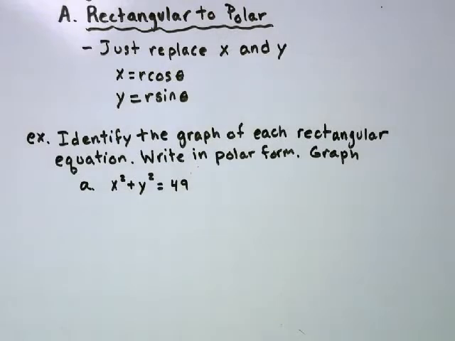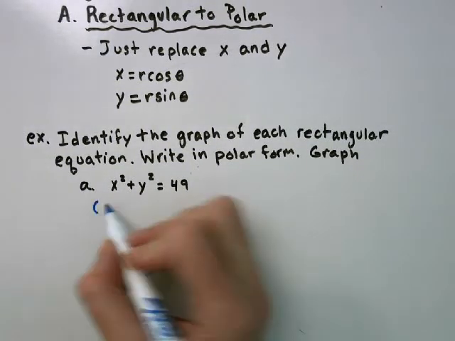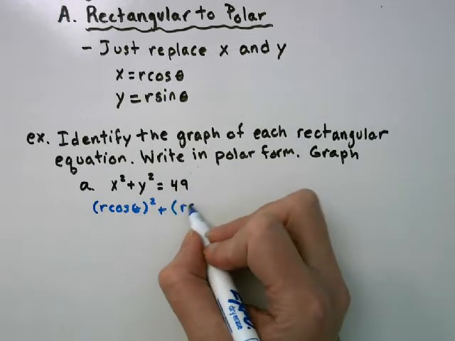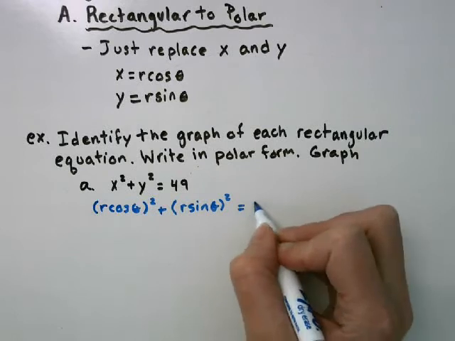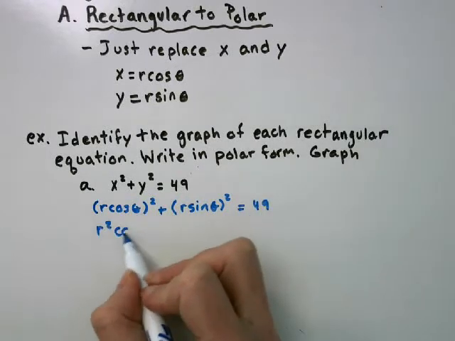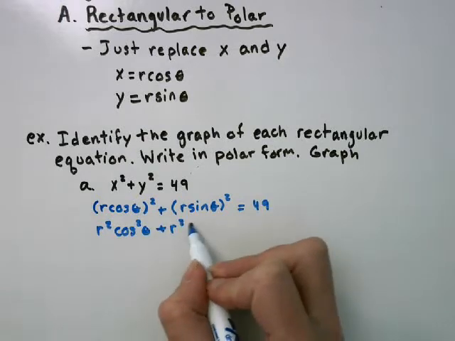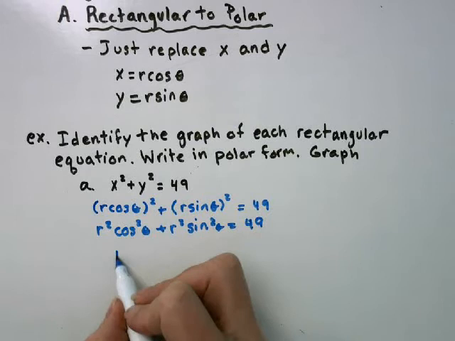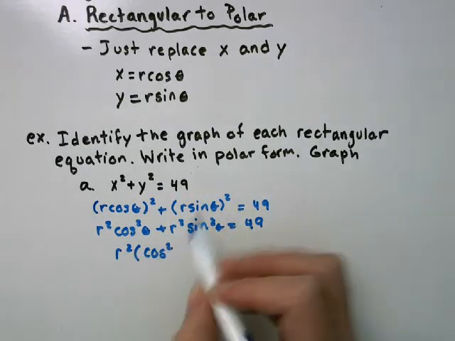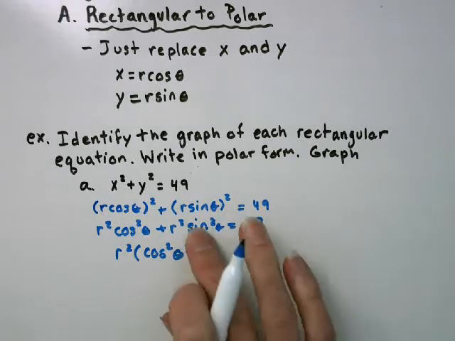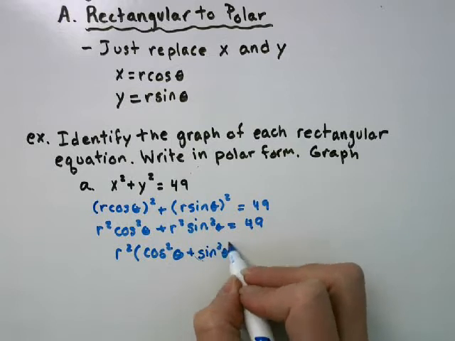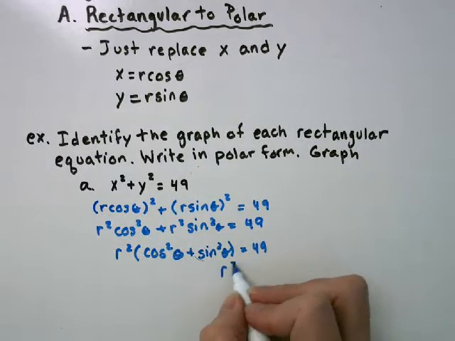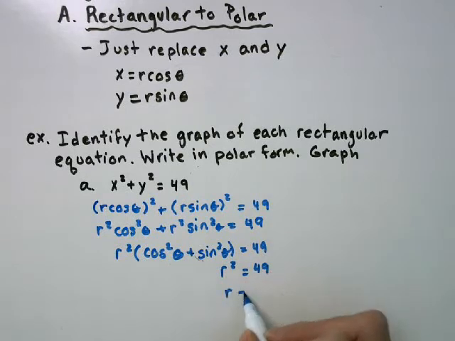So we're going to start with x squared plus y squared equals 49. So x is r cosine theta. Y is r sine theta. So this becomes r squared cosine squared plus r squared sine squared. I'm going to pull out the r squared. When we're using polar, if we can, we want to solve for r. Well, what's sine squared plus cosine squared? That's just 1, so this is just r squared equals 49, which means r equals